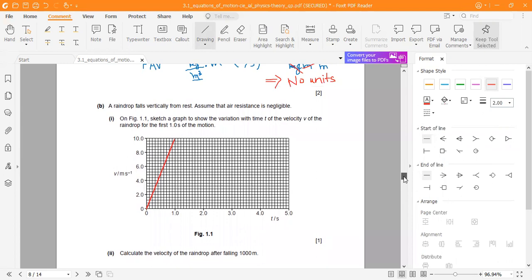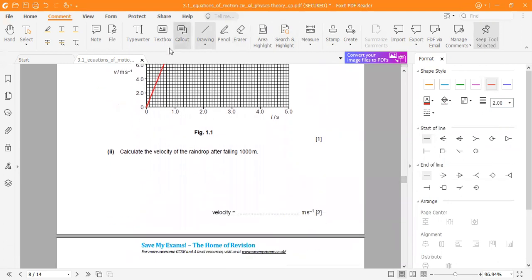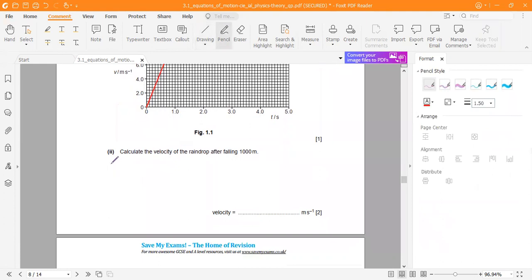After falling 1000 meters, let's think of those equations. What do we have? Do we have distance? Yes, distance is 1000 meters. Do we have velocity? No, we don't. We need to find velocity. Will we use mass times gravity times height to find the velocity? What are you saying? Sorry. I am not sure what you're saying, so I will just do it by my math. Let me show you what this means.